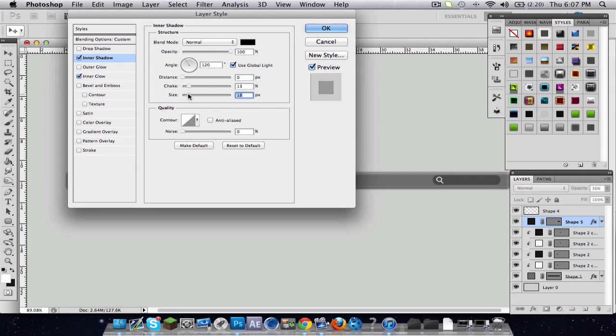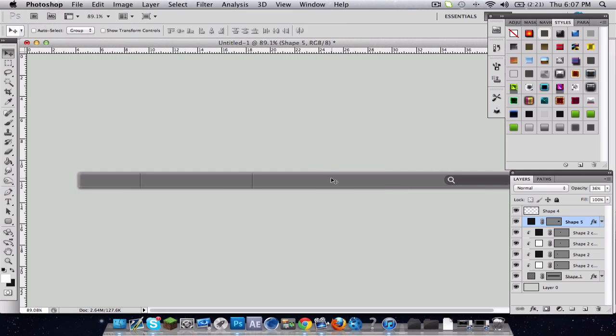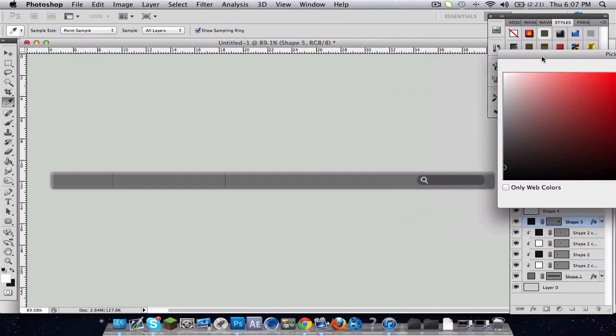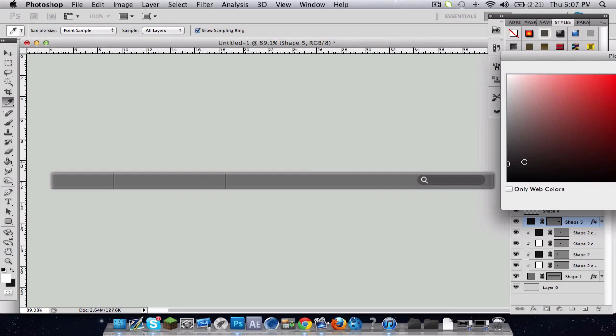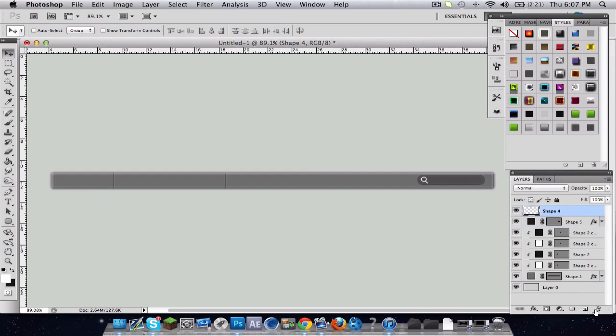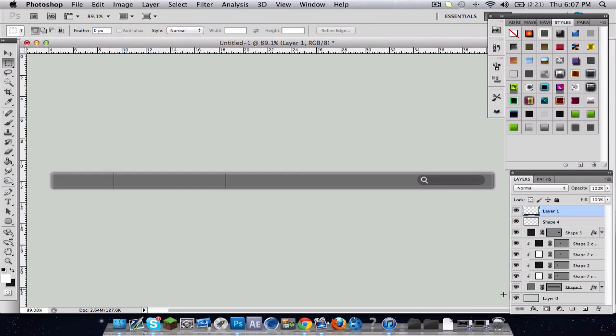So if you want to get a sharper kind of inner shadow, you just turn the choke up and make sure the size is a bit lower. Just put the choke to 21 and the size to 6 about. That looks pretty good to me. And now you get something that looks like this for your search bar, just make it a bit brighter. And then one more thing after this, make your reflection,